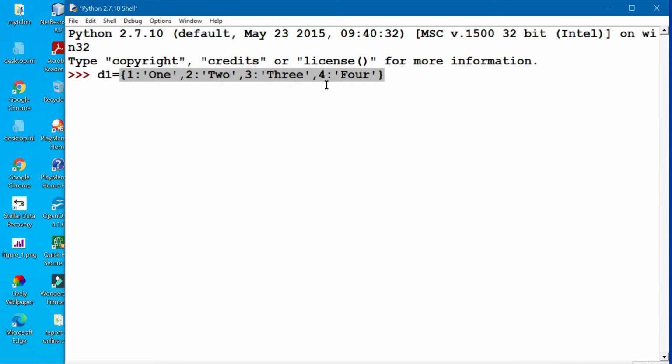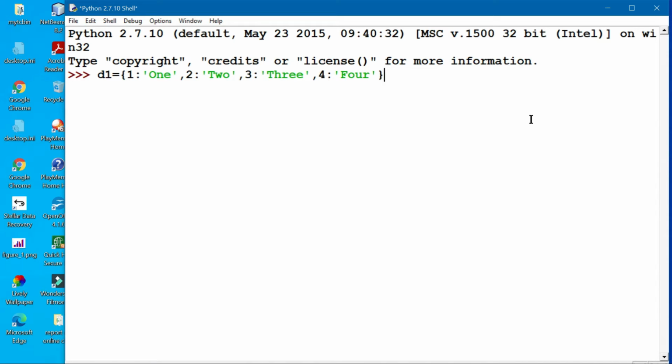So what is the combination between the key-value pair? The key is numeric and the value is a string, so this is a numeric-string key-value combination dictionary. Remember one thing: the values can be mutable, meaning they can be changed or modified, but the key cannot be modified.